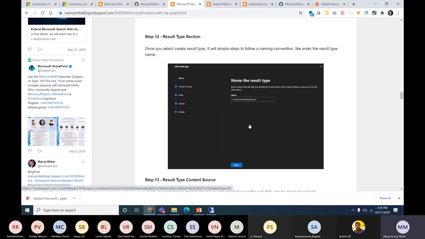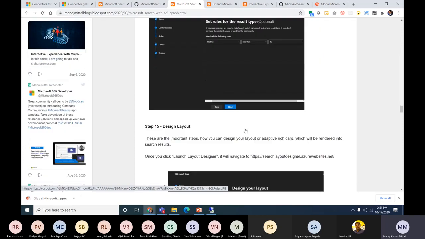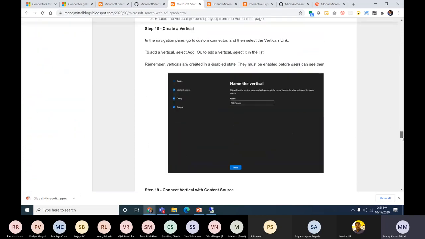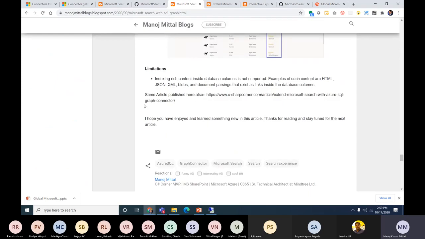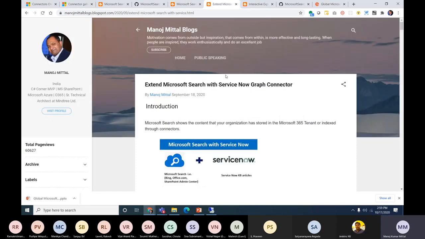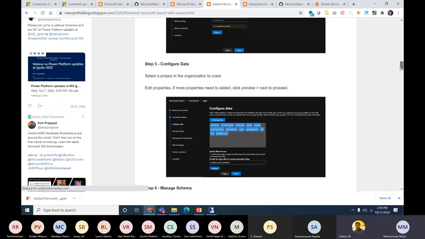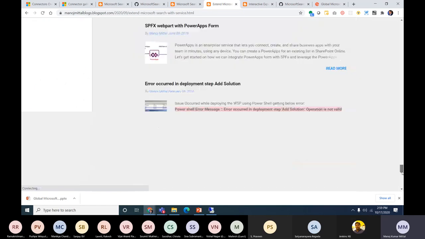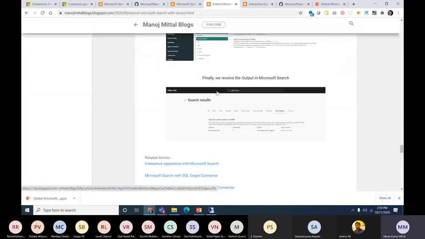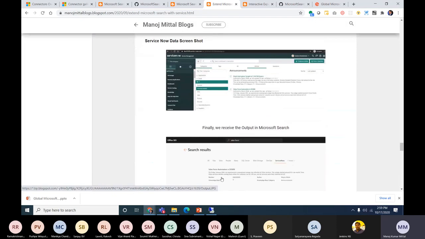Both options we can use, but there are certain limitations with regard to SQL Server. If you are using SQL Server on-premises, it works on SQL Server 2008 onward. I have mentioned those limitations also. And rich data types, like JSON and XML, are also limited. In the last, as we are on time, the ServiceNow connector is also available. You can take a look and get the experience from there, how the ServiceNow results appear here. That's how the results appear from the ServiceNow screen.